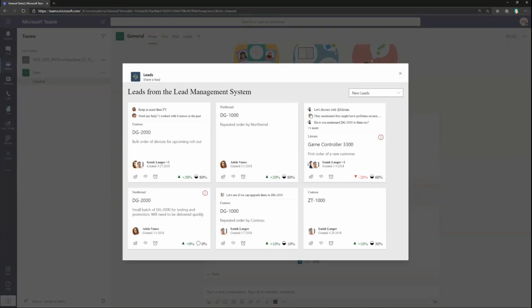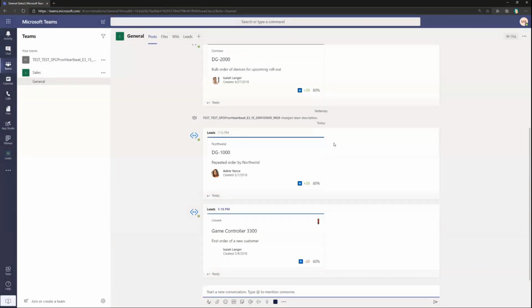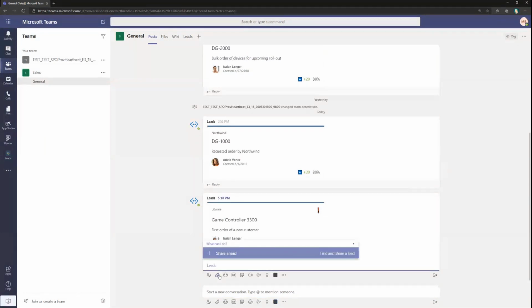I can select the lead, and we want to talk about this lead with somebody in this channel. Scenario kind of makes sense. Let's talk about the game controller, so I can actually take that one. What happens behind the scenes is that this is now added as an adaptive card to the channel using the bot behind the scenes. So now this way we can start talking about that particular discussion on the lead, which came from the